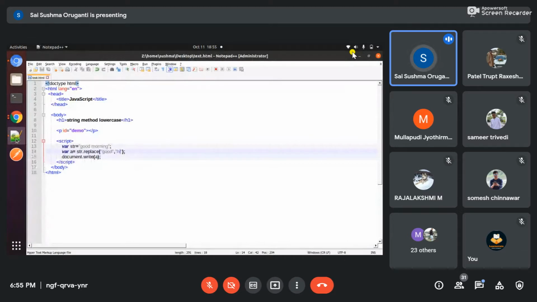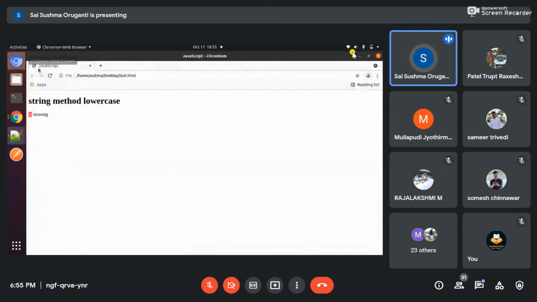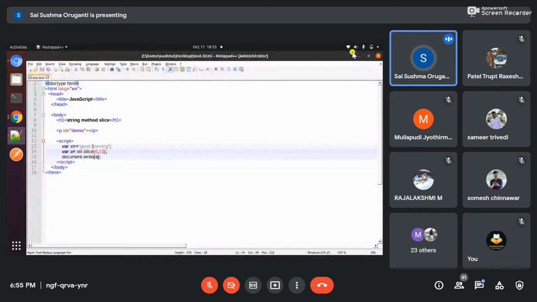Then now I will show you how slice works. Slice means slicing, breaking, cutting, whatever you can think. Here I will slice the positions. For example, I will slice 6, comma 11. 6, comma 11 means 1, 2, 3, 4, 5, 6, 7, 8, 9, 10, 11. Right? See here, what are the remaining letters? Orn. So those have been printed. Okay. This is the use of slice. We can cut which part we want.